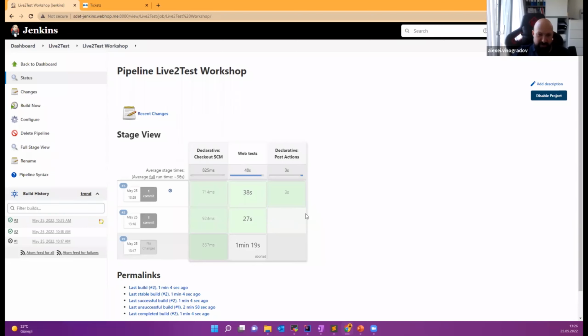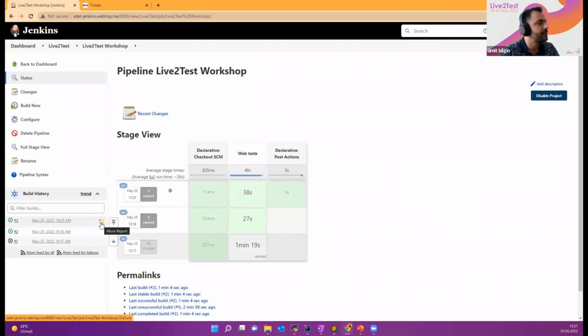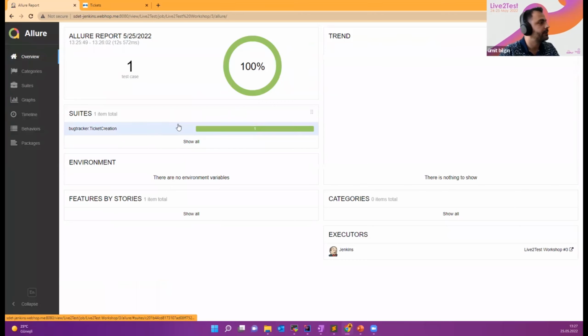Yeah, execution is completed. As you can see, we have one more stage here, and in the third run that I integrated Allure, we can see the icon of Allure, and we can click and navigate to Allure reports. You see, it has a fancy UI, but not filled with much information because we have run just for the first time and we don't have many test cases. But okay, let's see in detail how it looks when the test is executed.